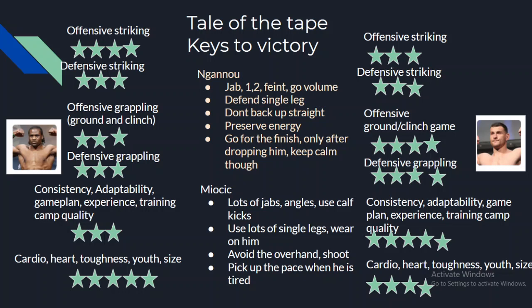Guys, it's really difficult to call this. The reason is Ngannou is just exactly the same fighter, I think, as he was in the first bout. Ngannou just puts everyone out in 1 minute, so it's very difficult to know if this guy evolved or not, if he has any new tools. I think he has to adapt from the first fight. It's impossible that he didn't learn his lessons. I'm expecting that if Ngannou paces himself, he easily wins this, because he's so massive, so powerful, so rangy,